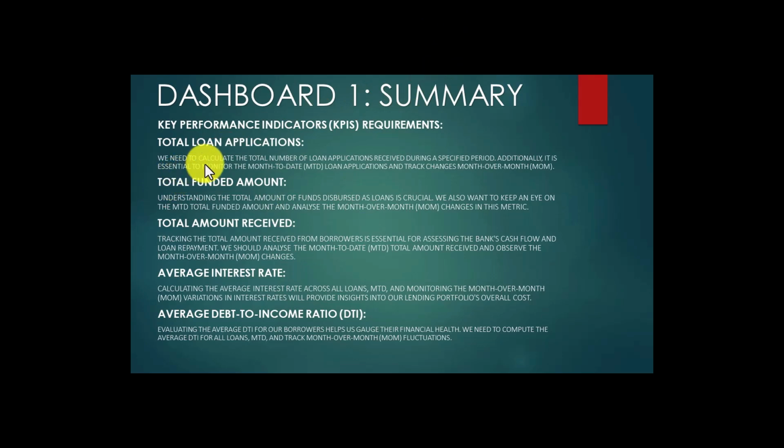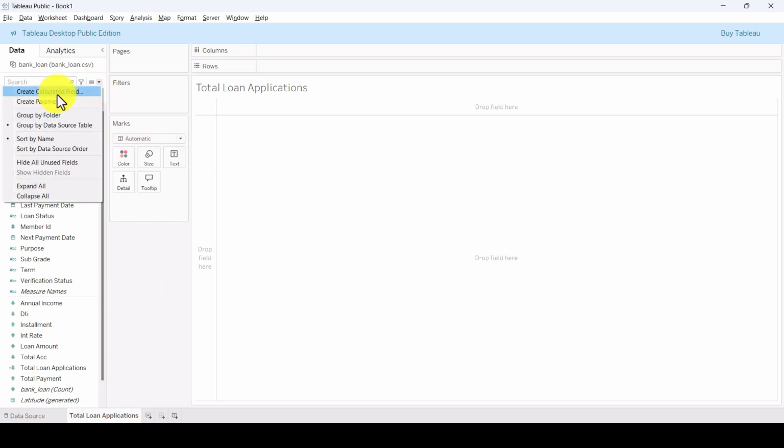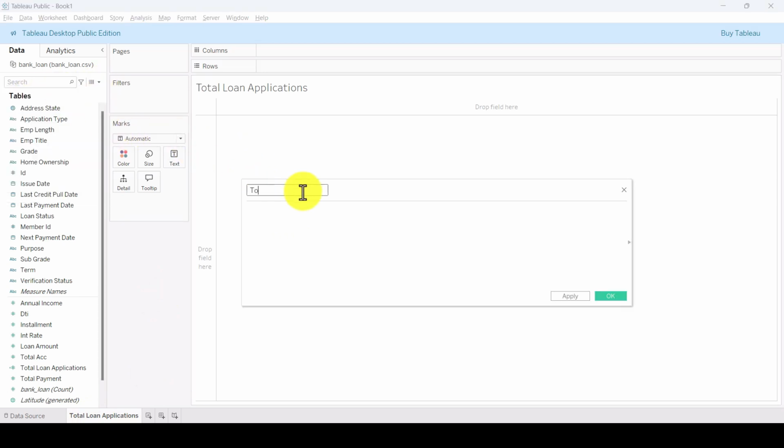So for total loan applications, let me take you to the table public. Let me first rename this page Total Loan Applications. Here we are going to create a calculated field, and I will rename it Total Loan Applications. What is actually total loan applications? As you can see, there is an ID field, which is a unique number given to each applicant. If we count all these unique numbers, it will be equal to the total loan applications. So how do we do it? We will write COUNT of ID. So if I apply this,